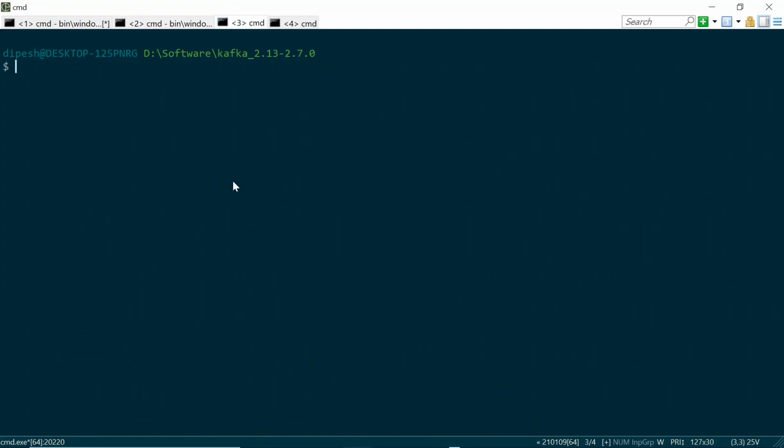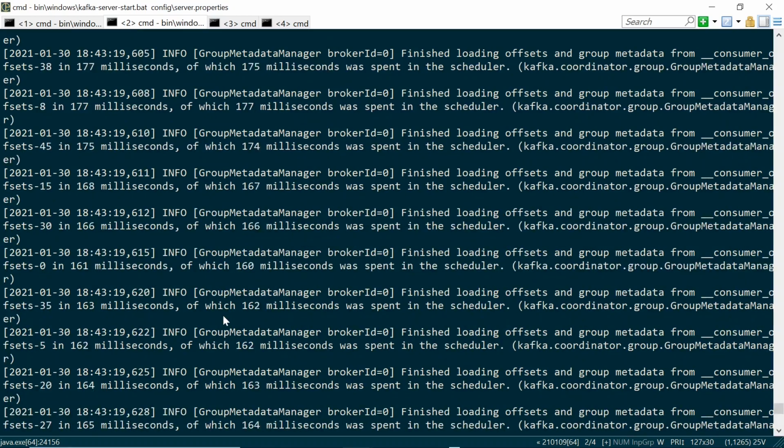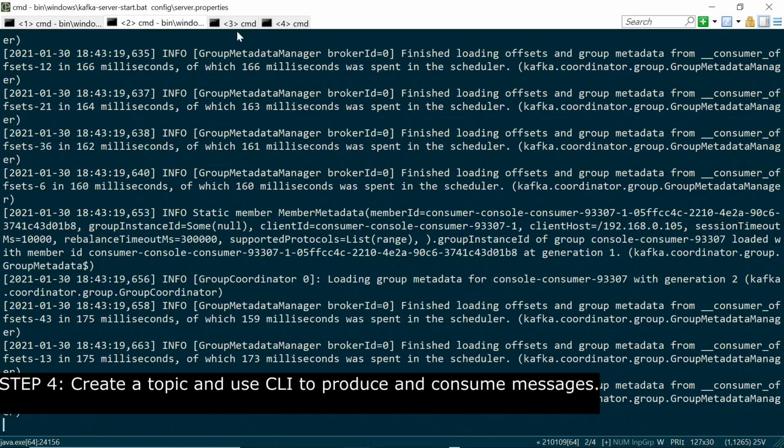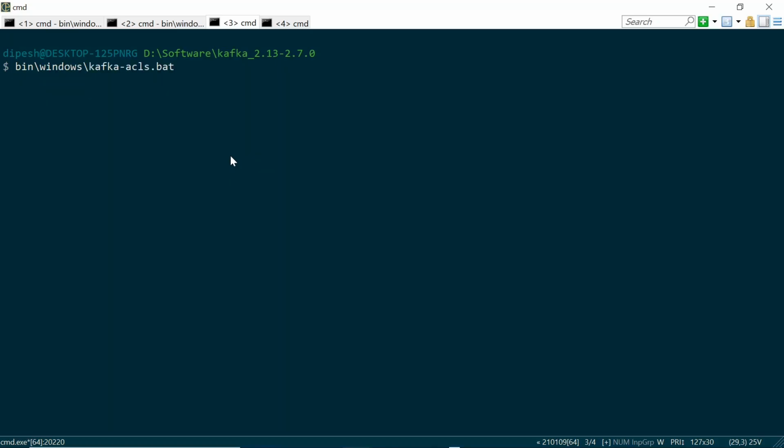we now need to create a topic. We have the Zookeeper instance running here, and we have the Kafka broker started. So now we are going to create a Kafka topic. The command for that is kafka-topics.bat file.